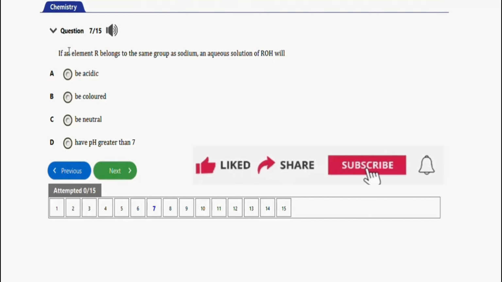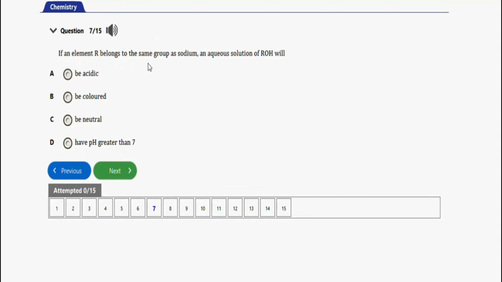This question says if an element R belongs to the same group as sodium, an aqueous solution of ROH will be